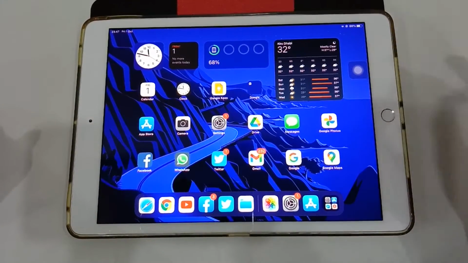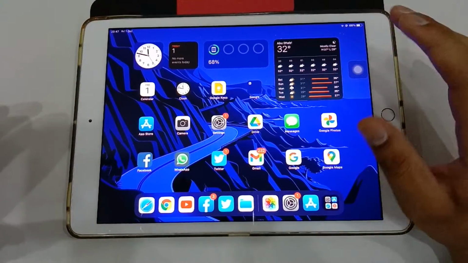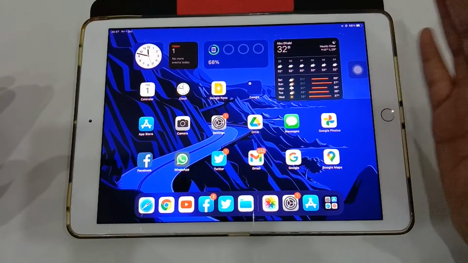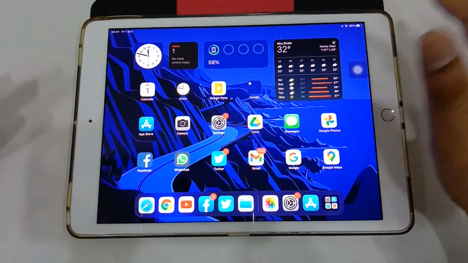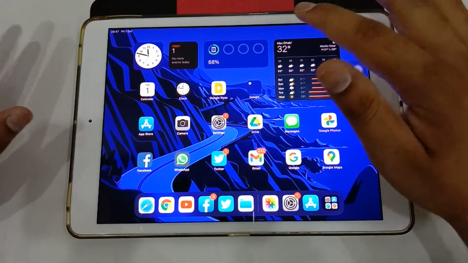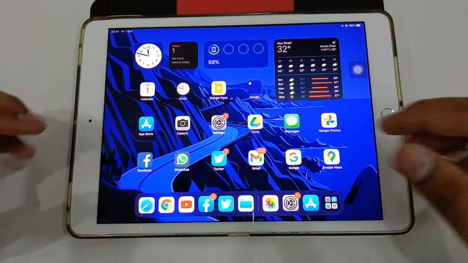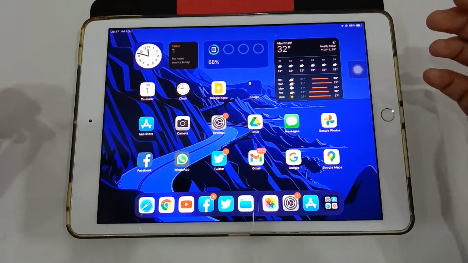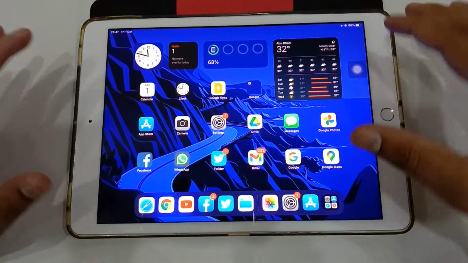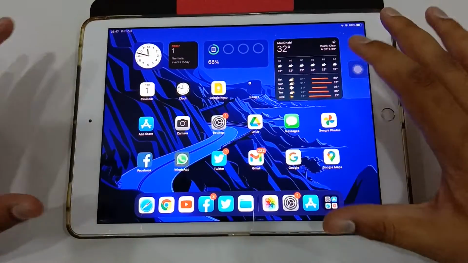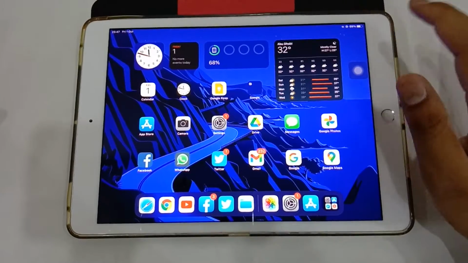But when this software was announced as a beta in June of this year, right before the announcement of iPadOS 15, Apple released the iPad Pro with the M1 processor. And a lot of people were expecting that maybe iPadOS 15 would be a closer look towards macOS, since those iPads have M1 processors. But obviously, with this kind of software, it's not going to use its full power. And I think at least for a few years,